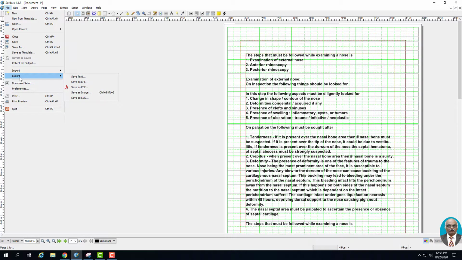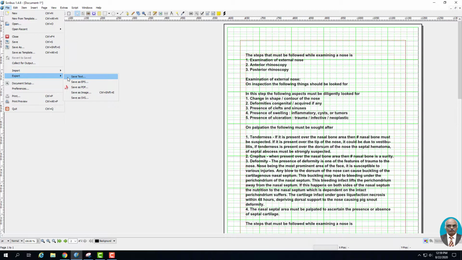When you choose the export option from File, you can export the text alone as Save as Text, which can be opened in any word processor, Notepad or WordPad. Then you can export the document in EPS format, which is highly suitable for XML based web formats.